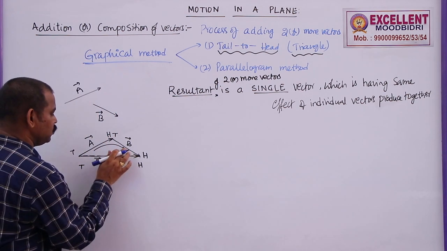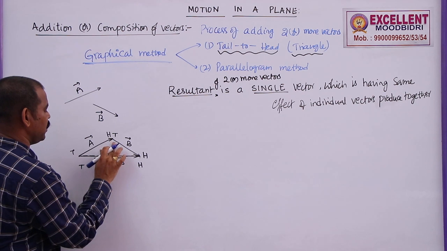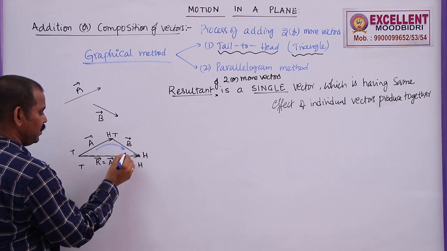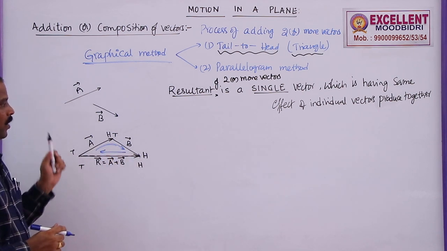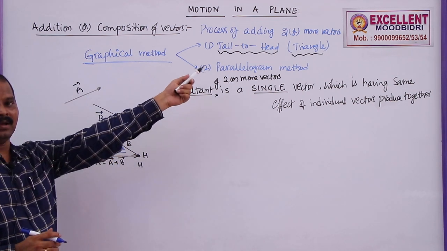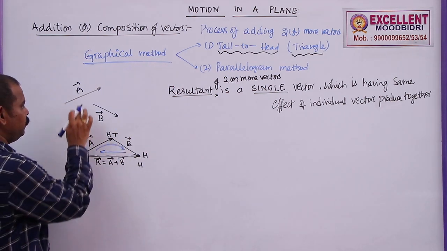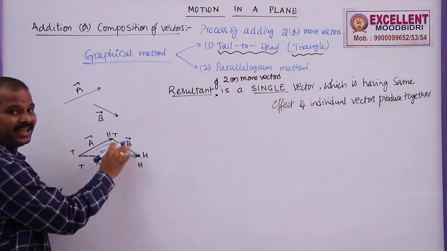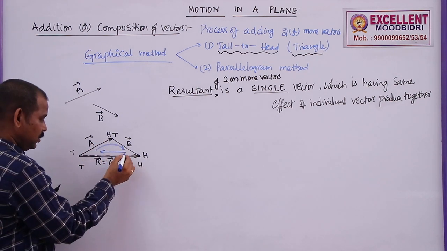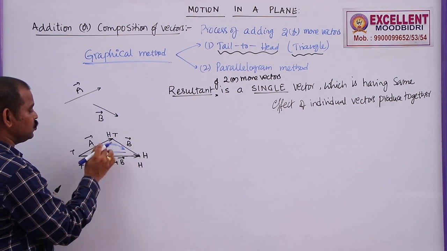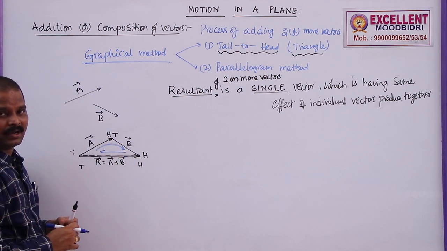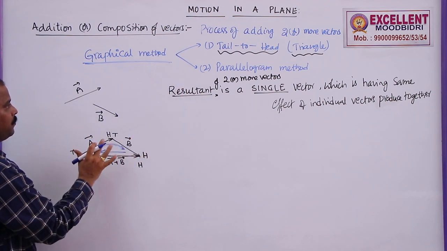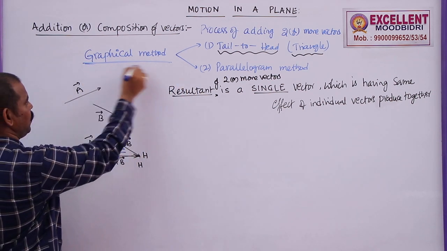Here, the first two given vectors are taken in order from tail to head and tail to head, but this one is from head to tail. So, while defining the triangle of vector addition, if two vectors are represented as two sides of a triangle taken in order, this resultant will be opposite to the actual taken order, or in the reverse order. I will explain that later, but this is the method of finding the resultant by using the graphical method.